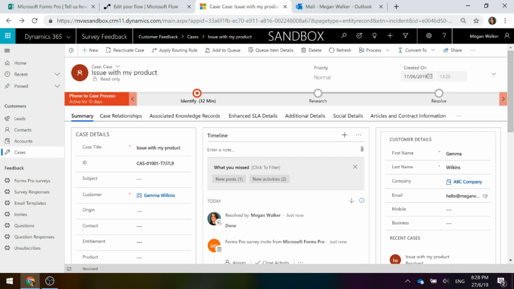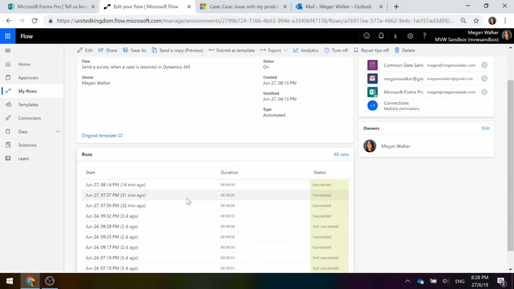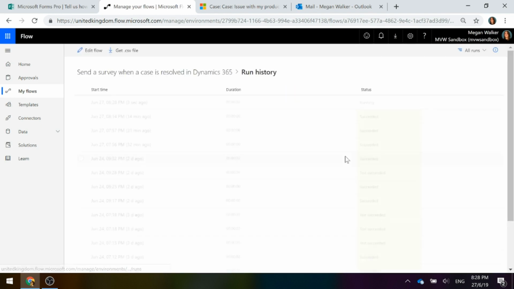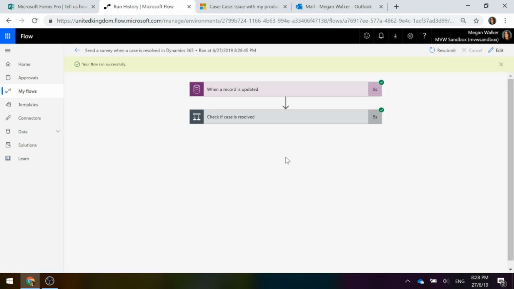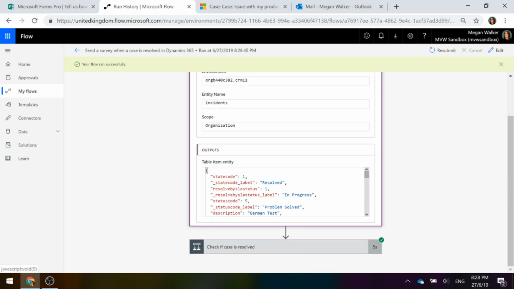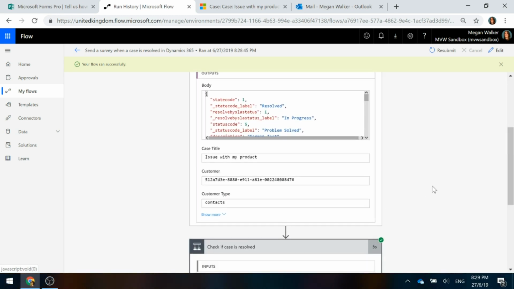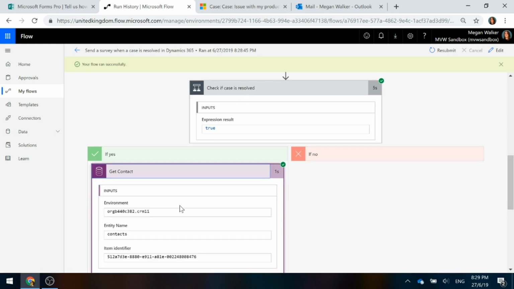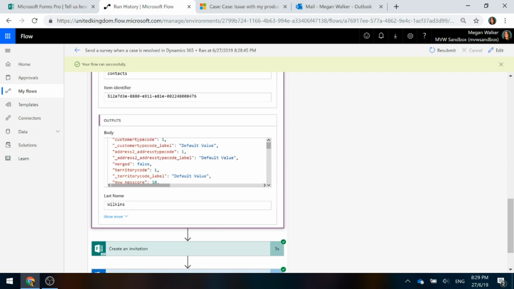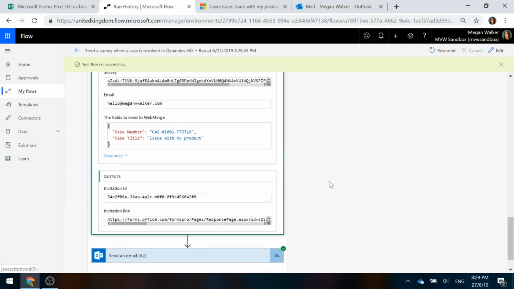But now what that should be doing is, if we go back to our flow and look, let's just give this a moment, and it's running right now, and perfect. So it's run successfully. So we can see there that the record was updated. Yes, it was resolved. We checked it. Yes, that was true. So therefore we got the contact. The contact information is in here. We created the invitation for that specific